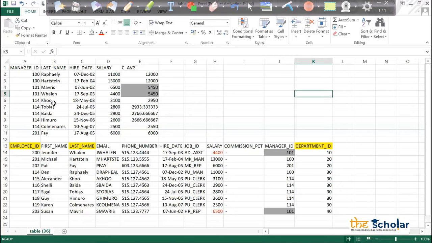But my question arises here: for 114, if you are taking the average, why are the averages different? Because this looks good, we have 5450. In this also it is pretty much looking good: 13,000 plus 11,000 divided by 2, that is 24,000 divided by 2, that is 12,000. This is also looking perfect to me. I don't have any issues with that. But why for this guy 114 who is the manager are these values different? It should be the same for each employee. Now here let's try to understand what's happening.